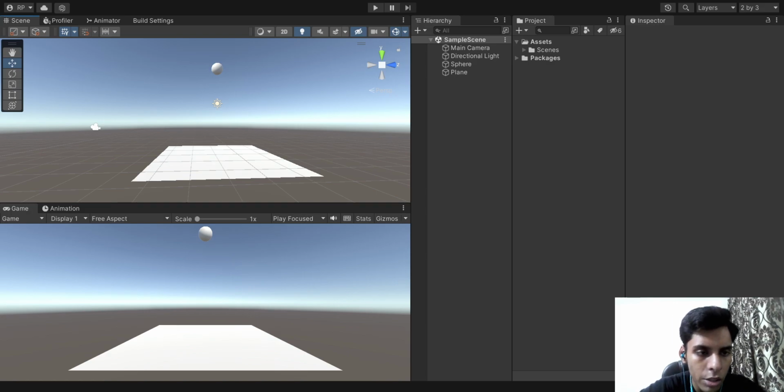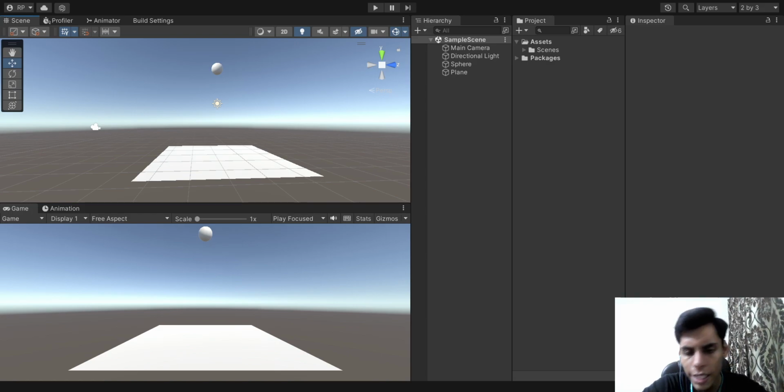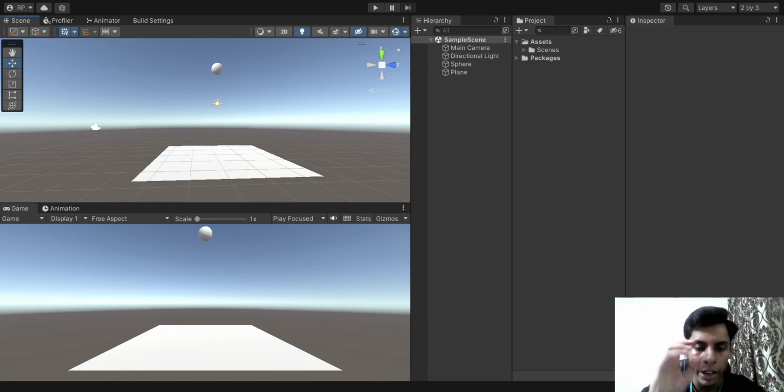So the next advantage would be the physics and animation system. Unity includes a built-in physics and animation system that enables realistic interactions between objects and character movements. The physics engine provides collision detection, rigid body dynamics, joints, and other physics simulations. And the animation system allows you to create complex animations, blend between different animation states, and control a character's animation using